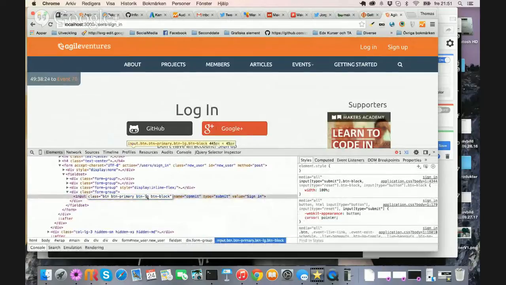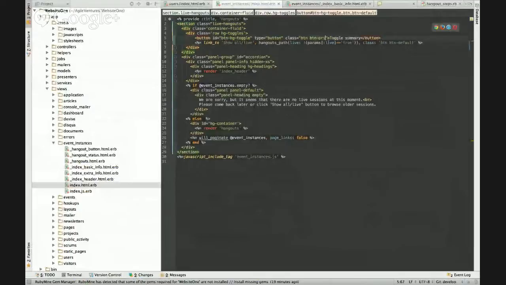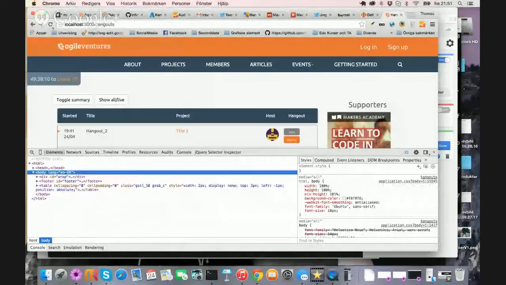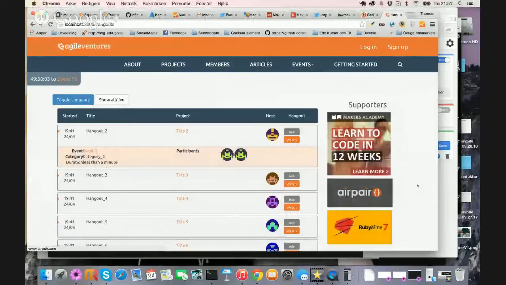So I'd rather have button primary. Yeah, so we could use this like primary. Yeah, we could use something like this perhaps.